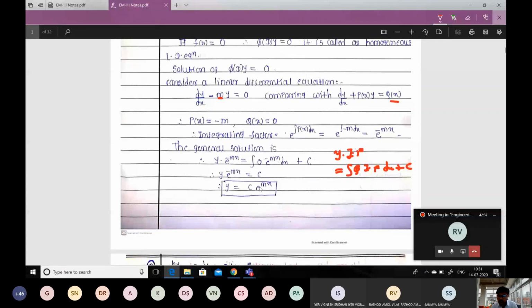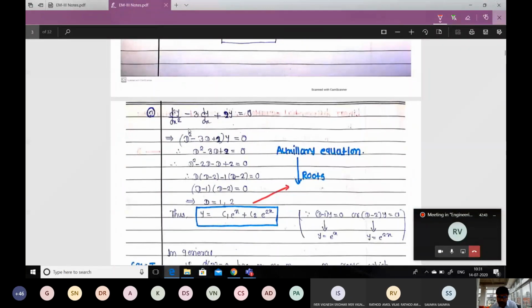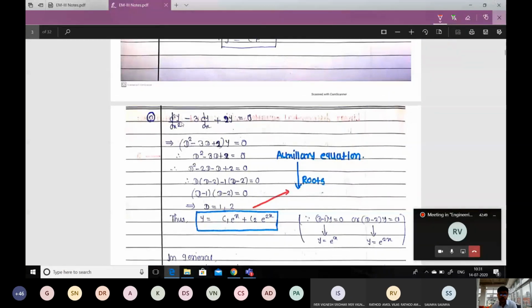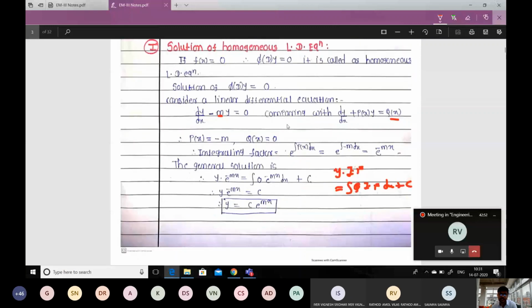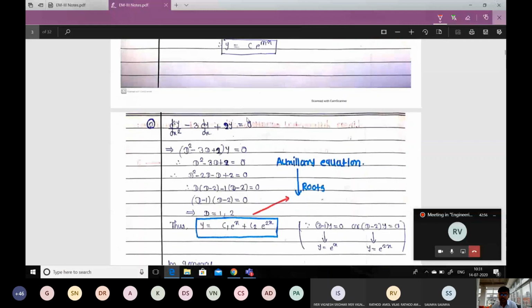Let me go ahead so that you will understand the importance of this exponential function. Let me take another example. So I'm taking a higher order differential equation. In the last example we saw a first order differential equation, just order 1. But what about higher order differential equations? That is the main intention, that we are going to study higher order differential equations in this course. We are not going to learn only first order.